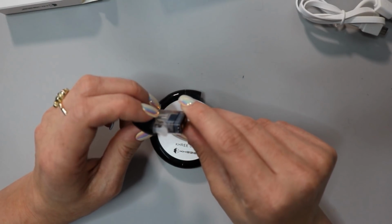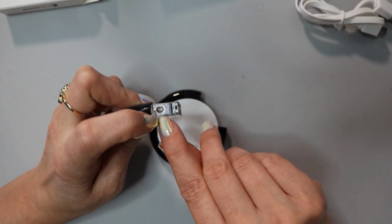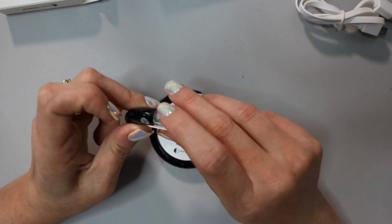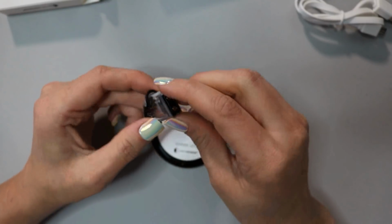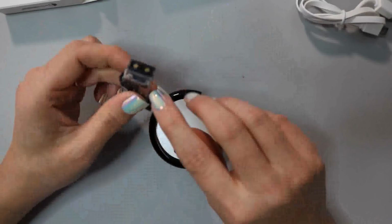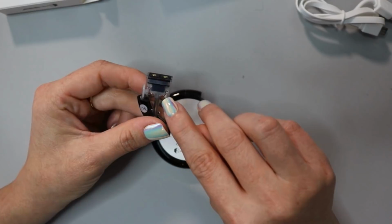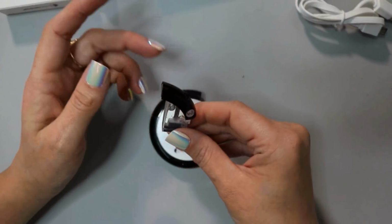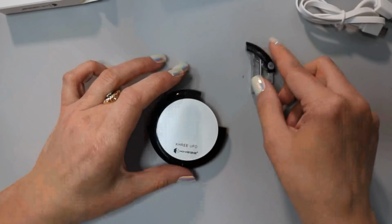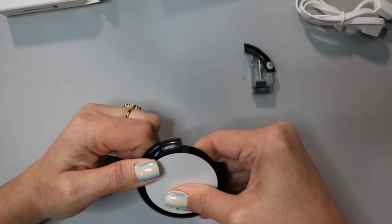Of course, you don't want to overfill it, but I do try to get as much e-liquid in there without air. If you do see some air bubbles trapped down at the bottom, what I found helpful was to take it and hold it upside down and just give it a good shake. And that usually will break that air bubble that's down there that sometimes gets trapped. So once you've filled it up, you need to let this sit for 5 minutes. And just to show you the other side of the pod,